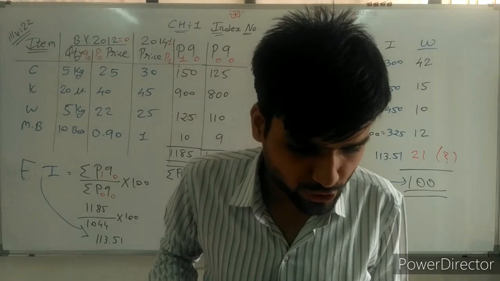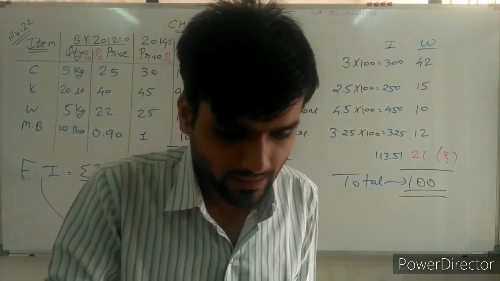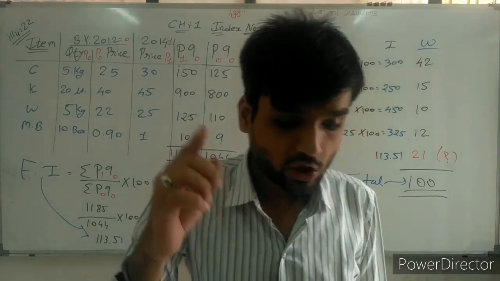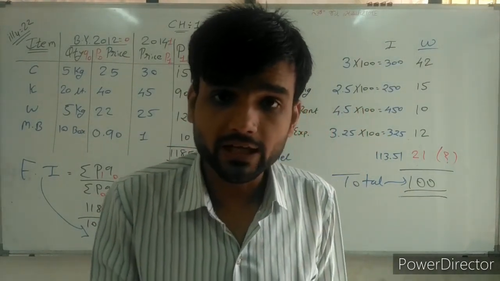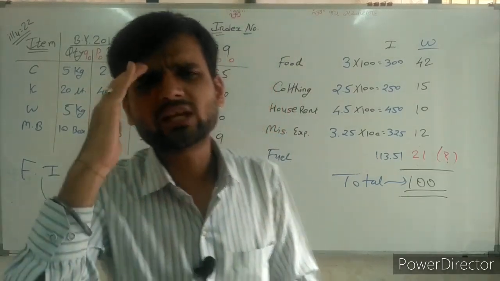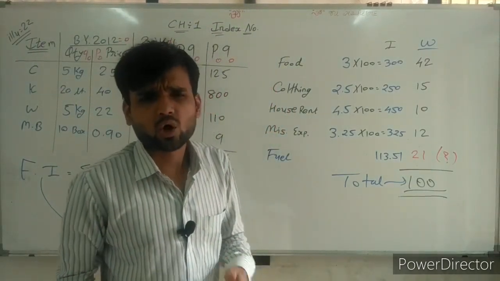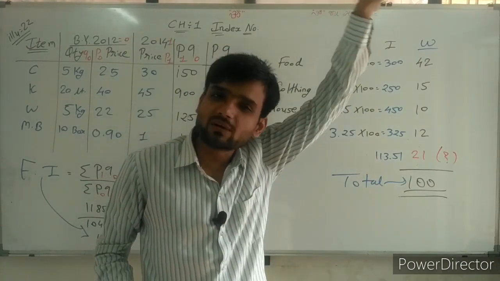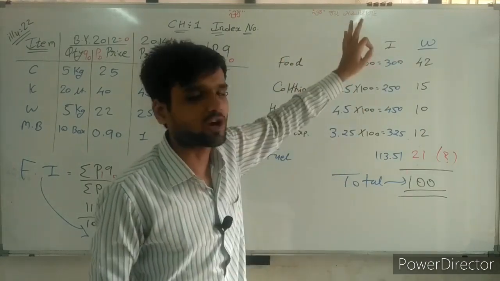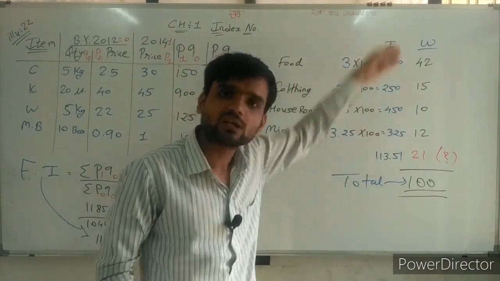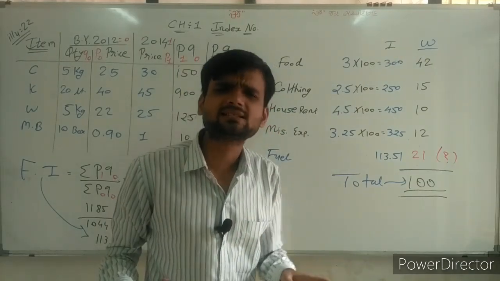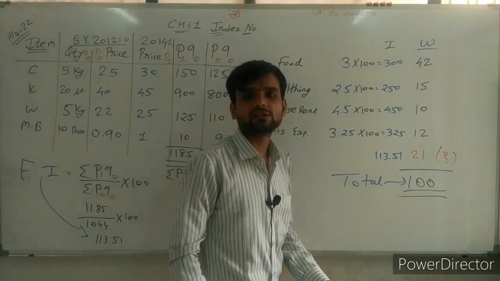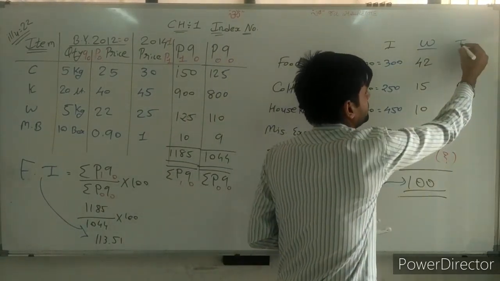Now what is the other information? Prepare the cost of living index number for the workers. Now think. Cost of living index number. So it's a new word. Don't worry. The weighted average method of index number is the cost of living index number. So the same I is given, W is given. Now I can find very easily sigma IW upon sigma W. So here I can multiply I into W.